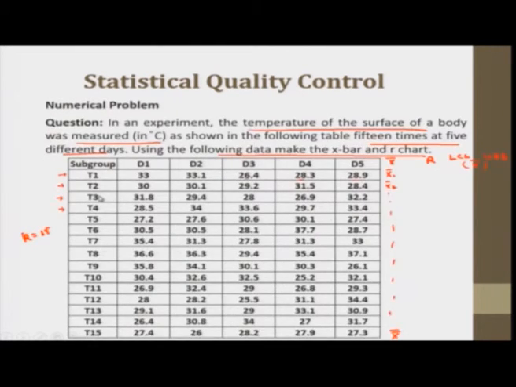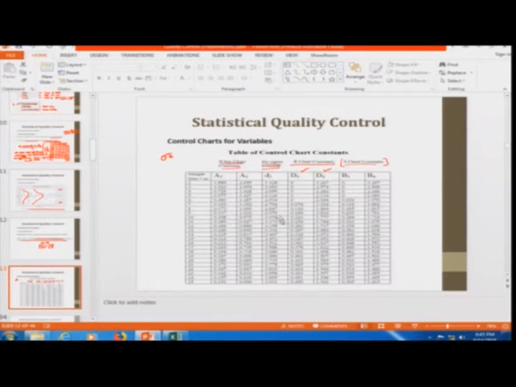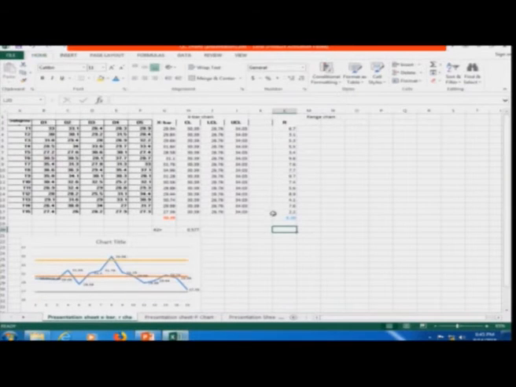Okay. The value of D4 and D3, for sample size 5, the value for D3 is 0, for D4 it is 2.11. Okay. So, it is 2.11, let me put it here, D3 and D4, D4 is 2.11 and D3 is 0. I will also put the value of A2 here only.